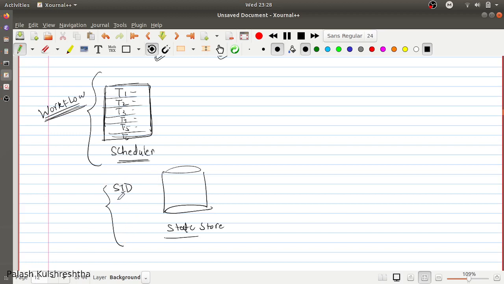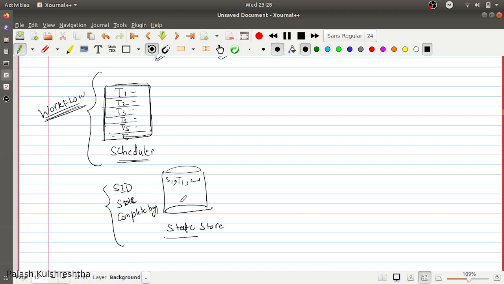What else would you need? You will have state, obviously. What is the state of a particular workflow? There's going to be an entry for each workflow. For example, S1 is the ID, then T1 is the state, then complete by. You are going to keep complete by; we are going to visit why.